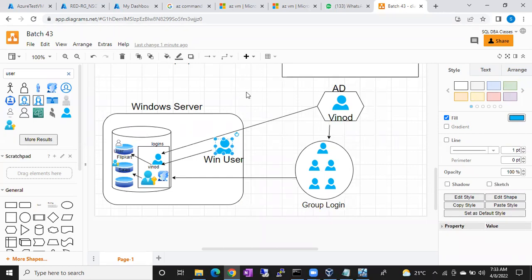What kind of login related? Windows, one user, we have one login. One Windows login or SQL login. Every time we have to provide access, Jayesh. Okay. Next, what is the main challenge first of all?